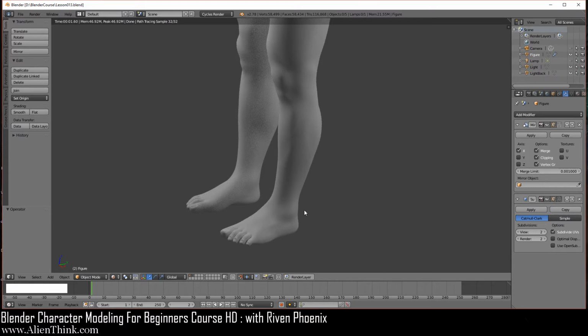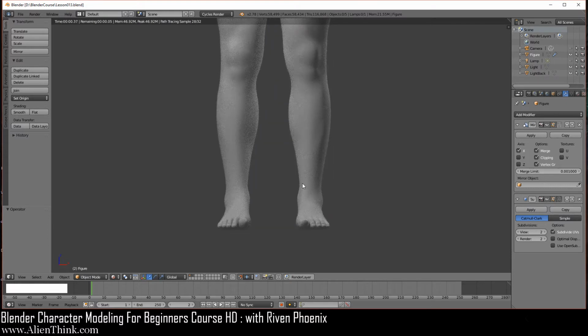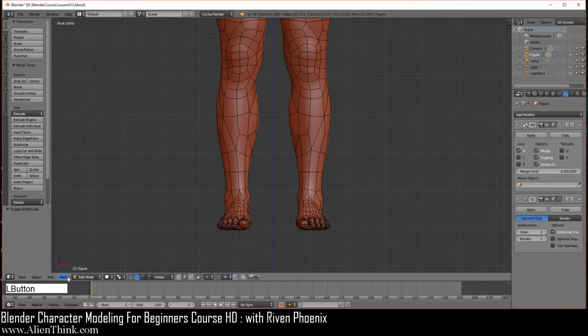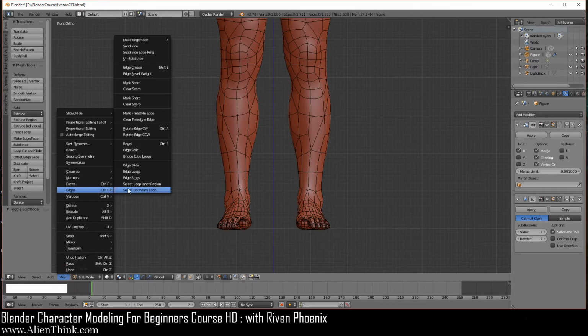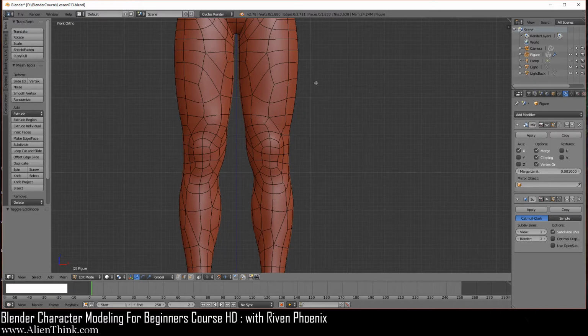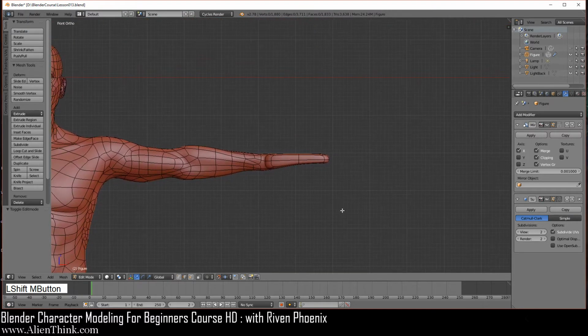So let's go ahead and click on one to go into the front view, and we're just going to go ahead and switch to solid view over here. Go ahead and click on the first layer over here for the figure. I'm just going to right click to select this figure. Make sure that your snapping is enabled and you're back on increment. Let's go ahead and switch to edit mode, and under mesh edges, make sure that you have the rotate edge shortcut key here. Let's go and shift middle mouse button to pan up over here to where the hand is going to be.